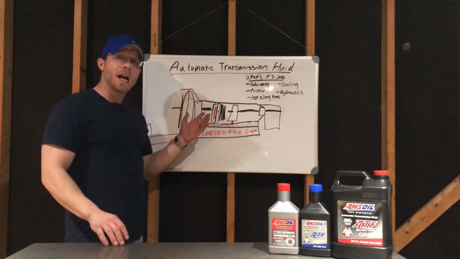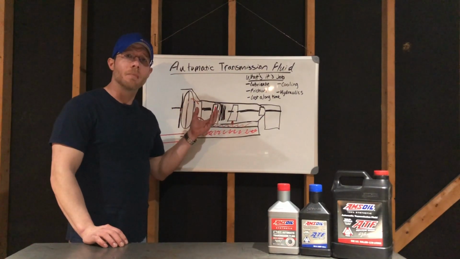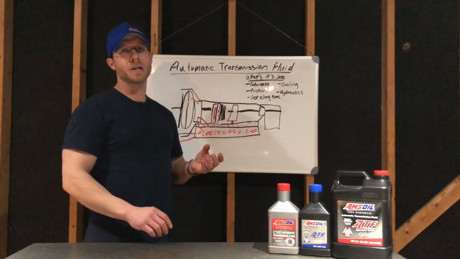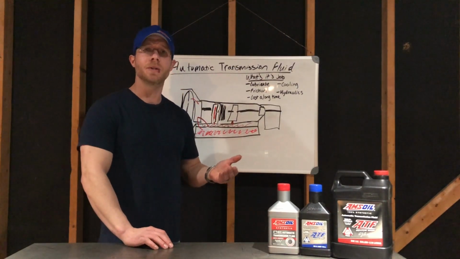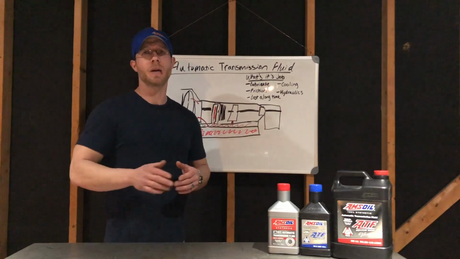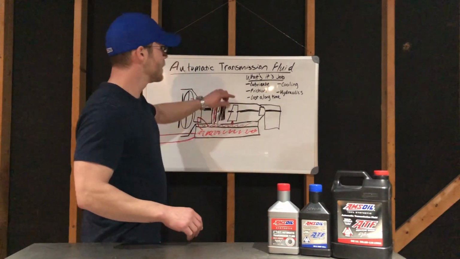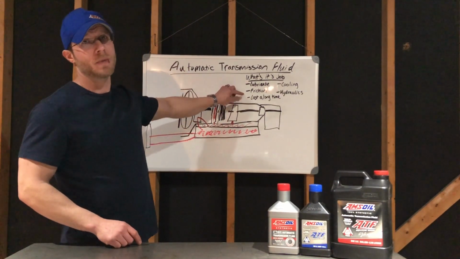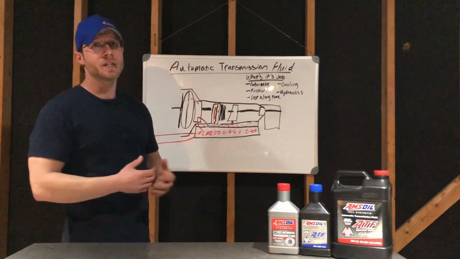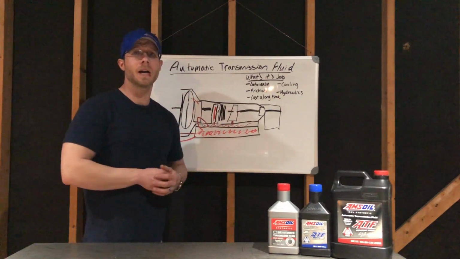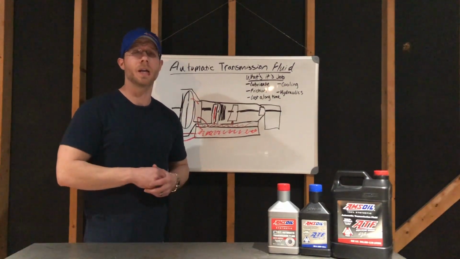Now what happens is as the transmission fluid breaks down, those friction modifiers wear out, and then that's where you get slippage between the clutches and bands and things like that. It's got to last a long time. The transmission fluid, it's not like your engine oil where you pull the plug out and it all drains out